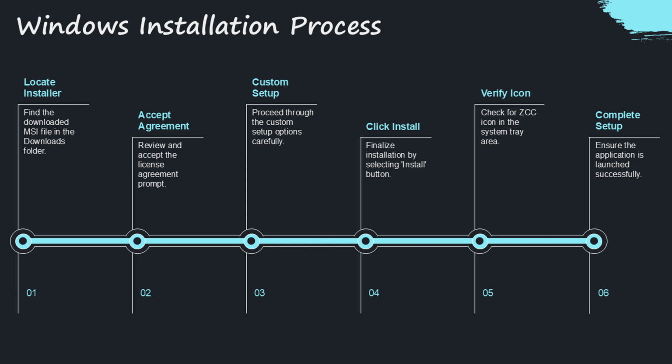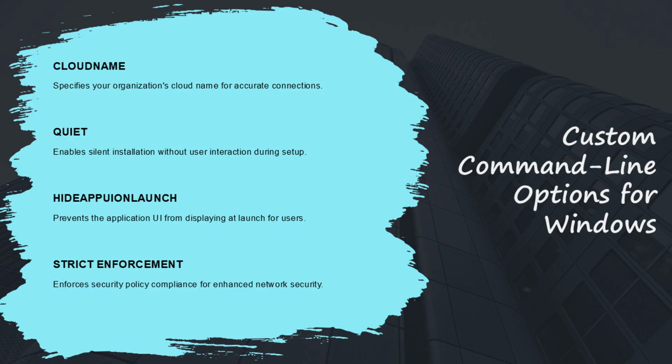Let's talk about the installation process by platform. For Windows installation, first, locate the downloaded MSI installer in your Downloads folder, then accept the license agreement when prompted. Proceed through the custom setup options and click Install to complete the process. To verify installation, check for the ZCC icon in the system tray. For enterprise deployments,